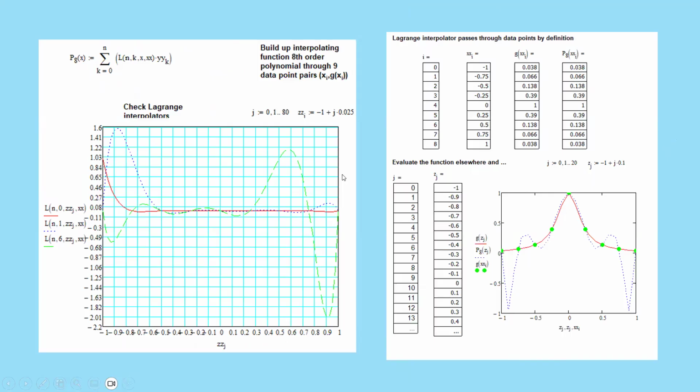Now we consider nine equally spaced points over this interval, from -1 to 1, with a spacing of 0.25 as shown here. And we construct a Lagrange interpolation polynomial, which results in an eighth order polynomial that passes through all of these data points. Once we construct this polynomial and compare it with the true function, as you can see,